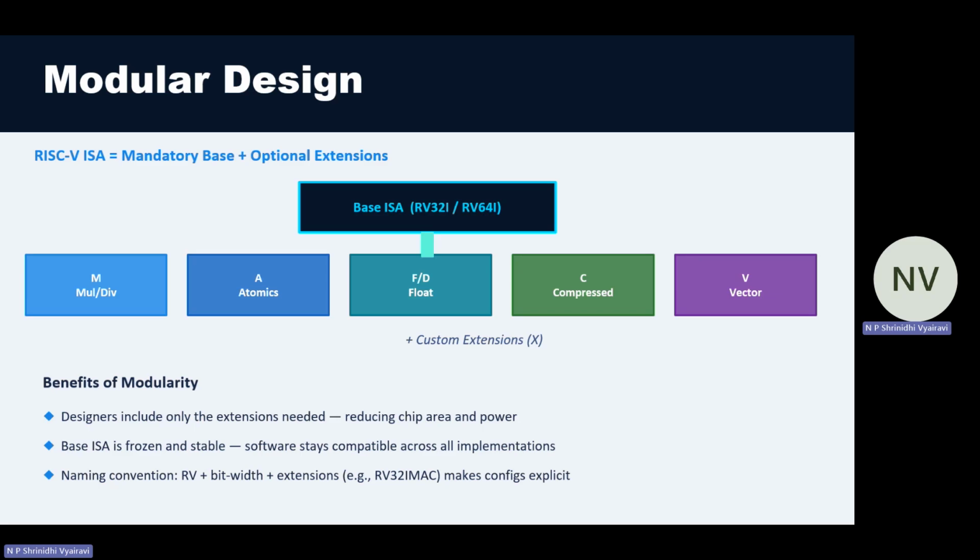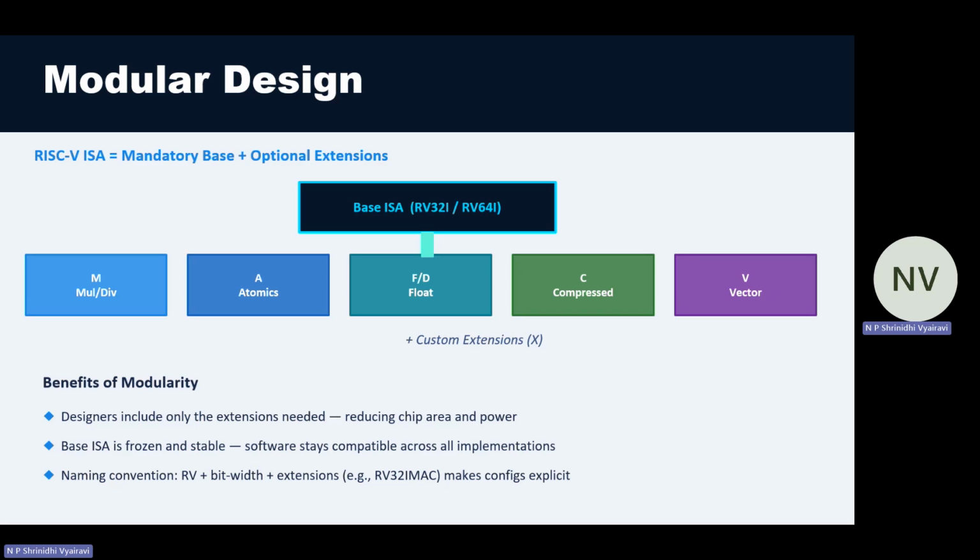So M stands for multiplication and division, and I'll get back to atomics in a bit. F and D are single precision and double precision floating point numbers, like we learned according to the IEEE representation. And vector works on data which keeps using essentially the same instruction over and over again, like in arrays. For example, let's just say you have two arrays and you want to add the elements with the same